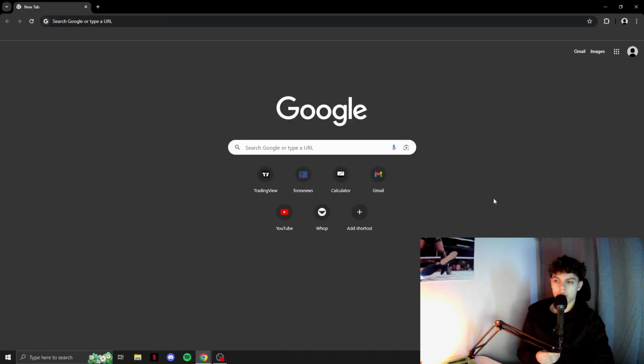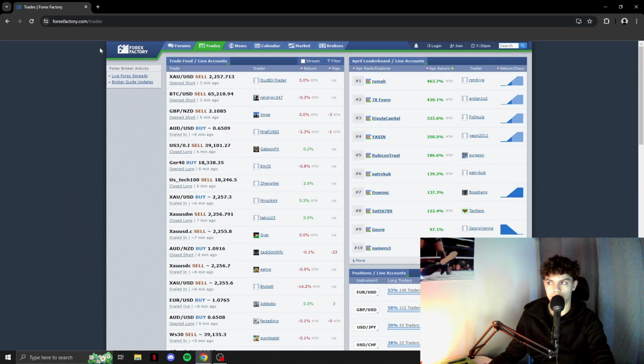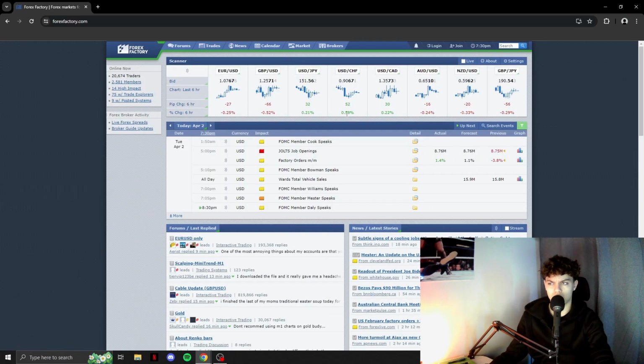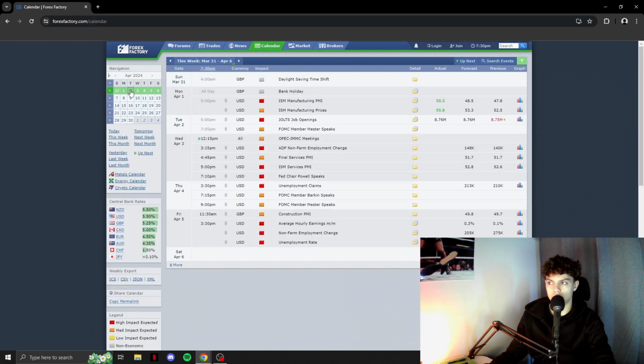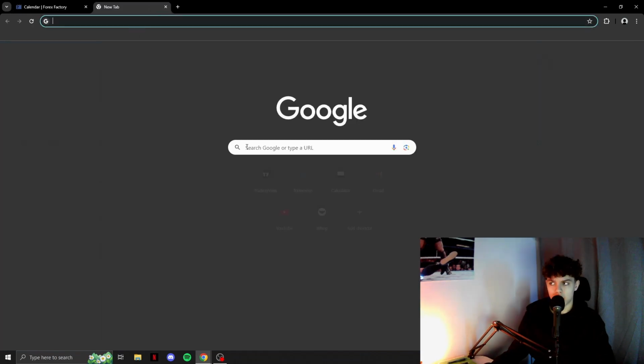Okay, you're gonna go on Google, you're gonna write down forexfactory.com. I have it right here. You're just gonna click it, and it's gonna take you to a place like this. Now you may wonder, this looks like rocket science. I know it looks that way, but all you need is this calendar part. It literally shows this month and all the other months. As you can see right here, it's April. This is the calendar. Today we had news: JOLTS job openings.